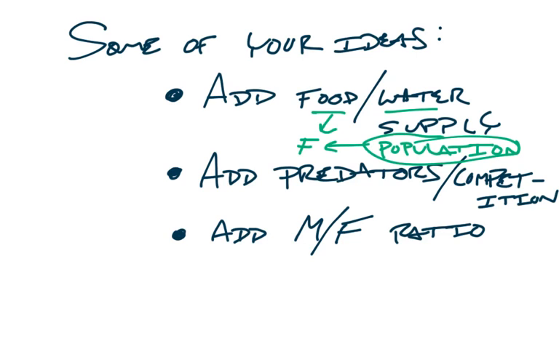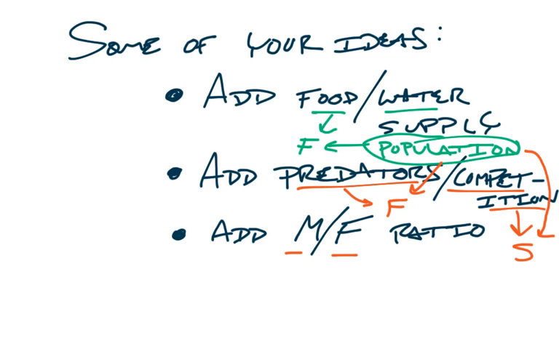Now, ditto for predators and competition, right? If your predator population, I'm going to call it F again, F instead of being food, F is going to be foxes now. F is still a population that you will have to model. All right, for competition, maybe you're talking about squirrels, right? If the squirrels are competing with the bunnies for their food, this is still another population that you have to model.